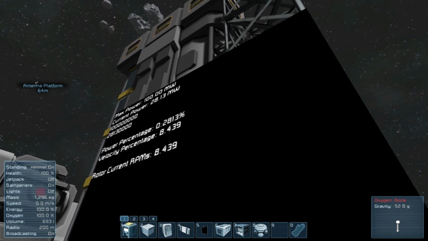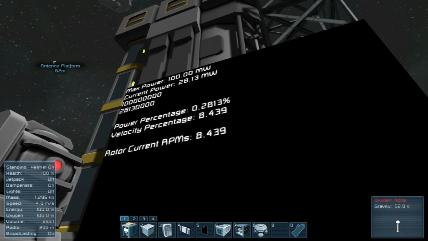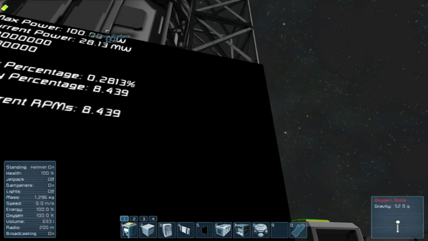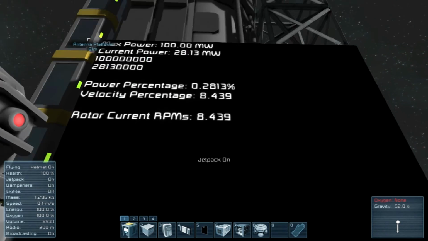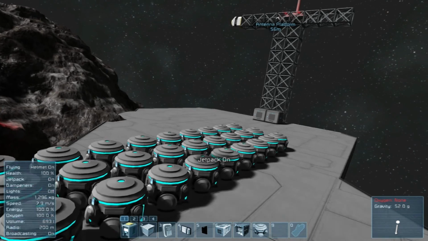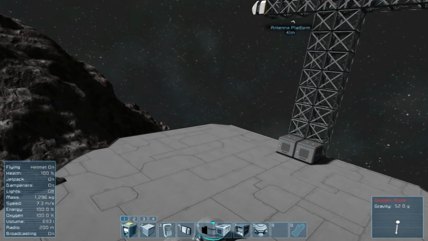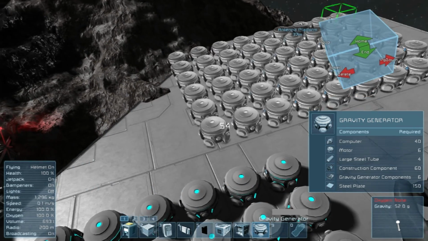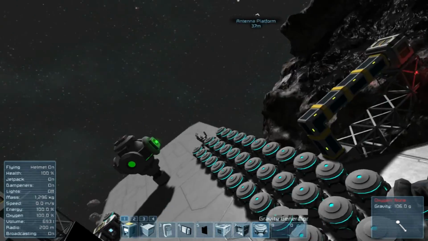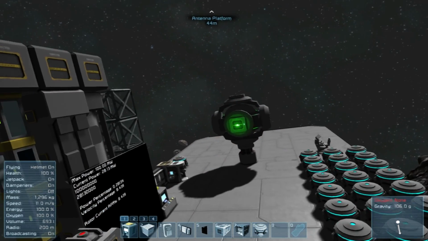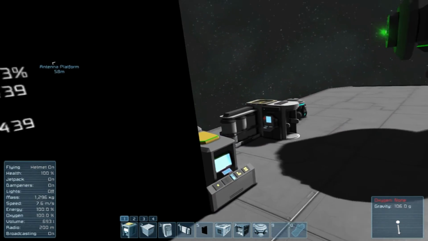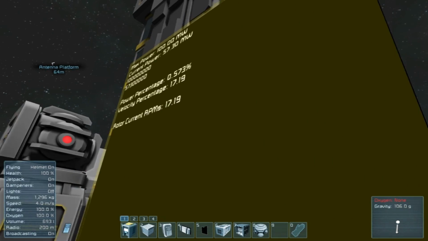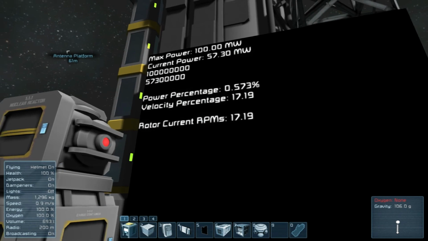28.28% velocity percentage is 8 out of 30. I have a theory that the math is right, the display is wrong, I think. Gosh, it is so laggy, though. It's probably because of all the gravity generators now at this point. But something about this code, it worked fine on my single player. This particular world is not happy about it, though. 57, so we're at half.